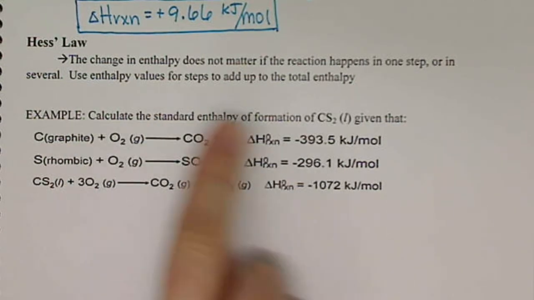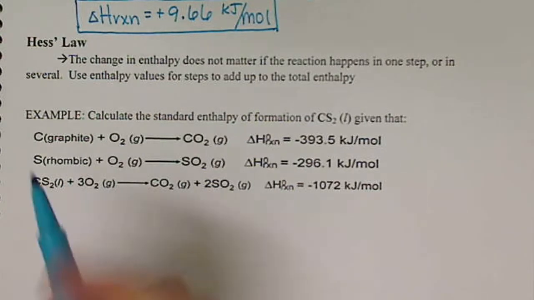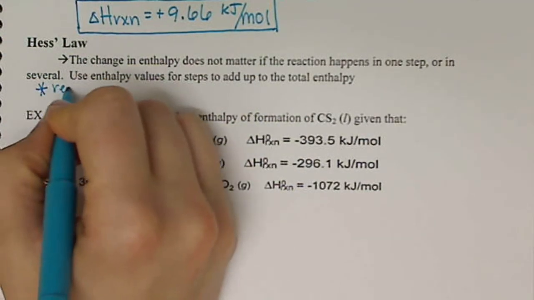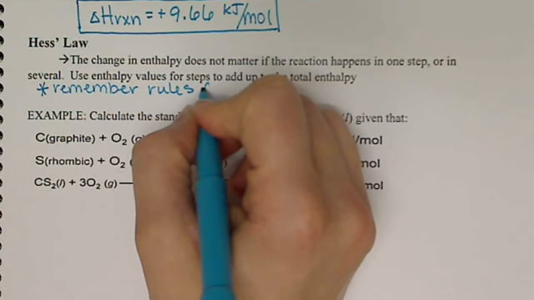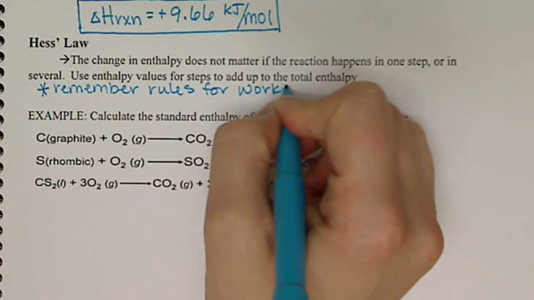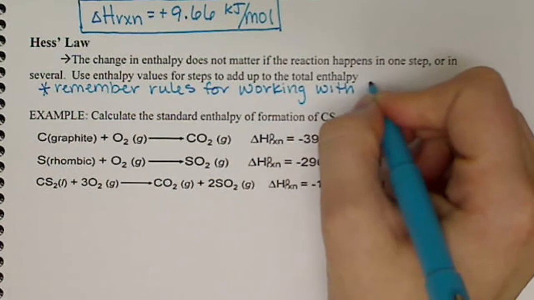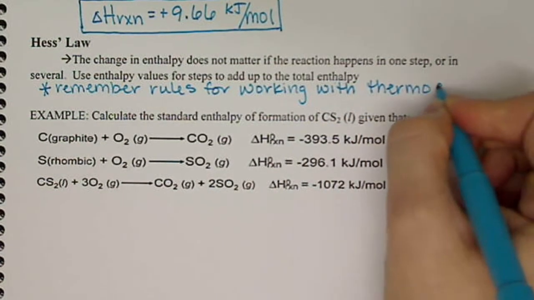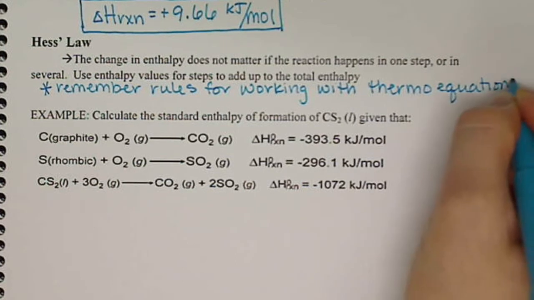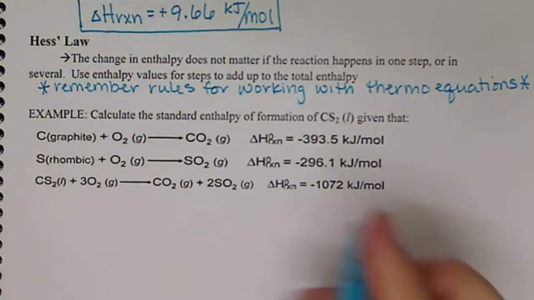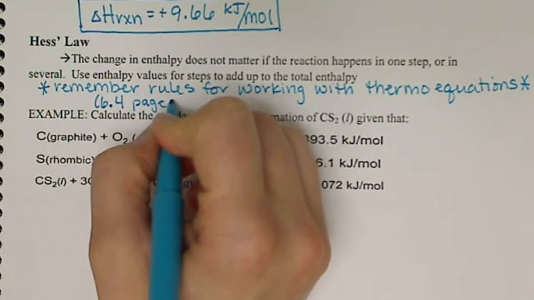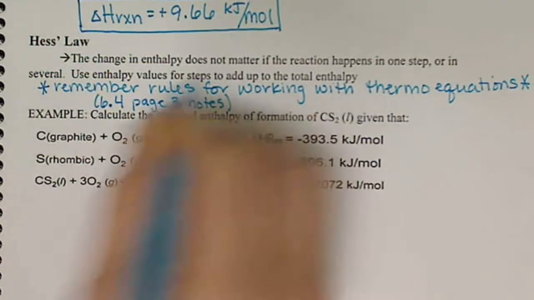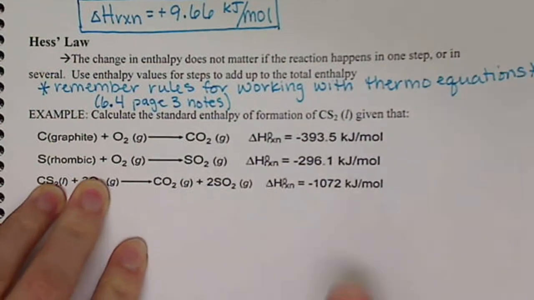So when we're using our enthalpy values of reactions, we want to make sure that we remember the rules that we established. And these rules were from section 6.4 or page 3 of our notes. So if we look back to page 3,